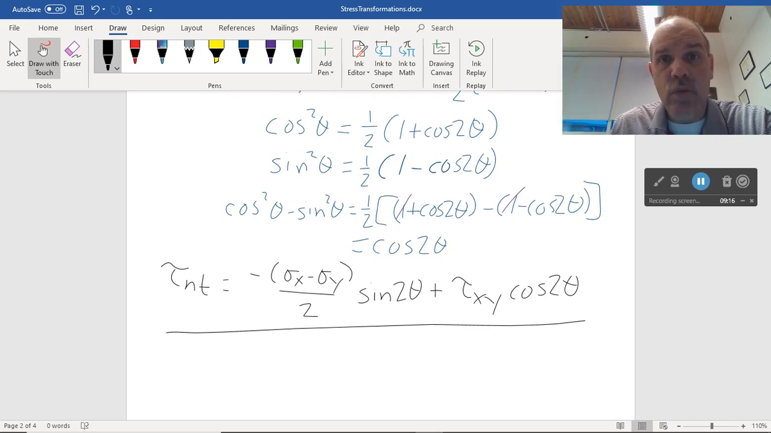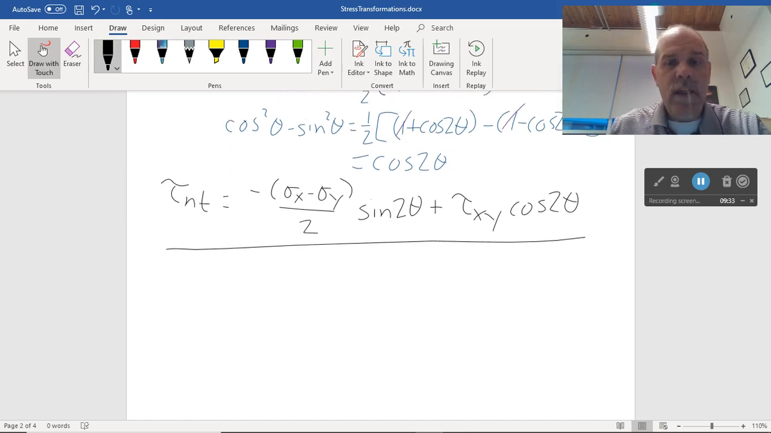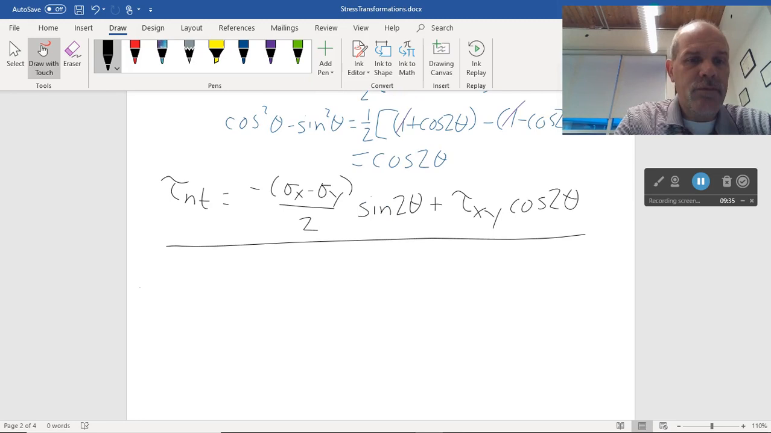Again, everything comes down to twice theta. The instinct would be, oh, well, we're just transforming forces through an angle. Stresses are from forces, so why can't I just use the angle theta? The reason is because not only does the force change, but the area changes, right? And therefore, just theta won't do, okay? And by way of summary,